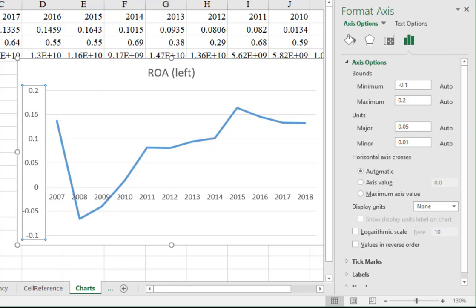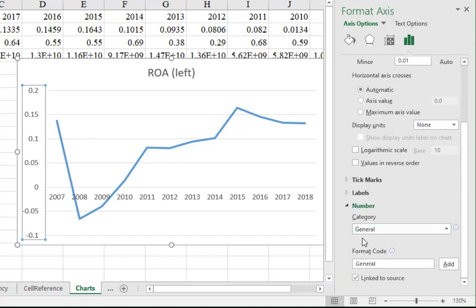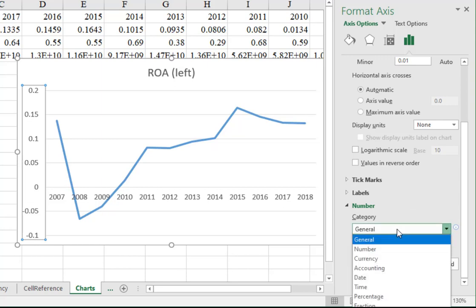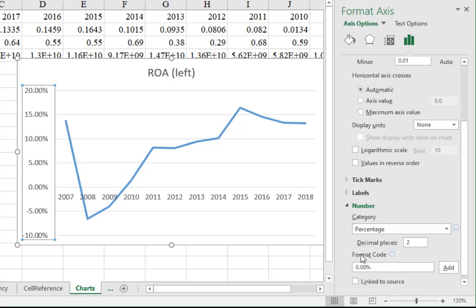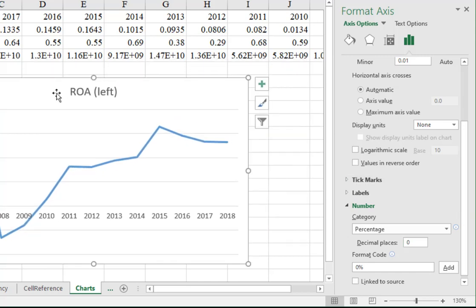And so what we see now are the options for this axis, and we'll go down to the one at the bottom here where it says Number, and we'll have to scroll down, and we're going to change that to a percentage. And you'll see that it converts it to a percentage, and I'm going to change it here for this particular graph to 0 decimal places. And so now we have a chart that has ROA on it,